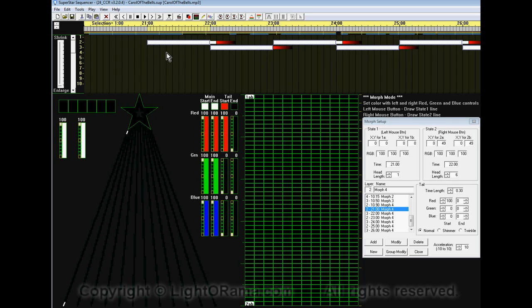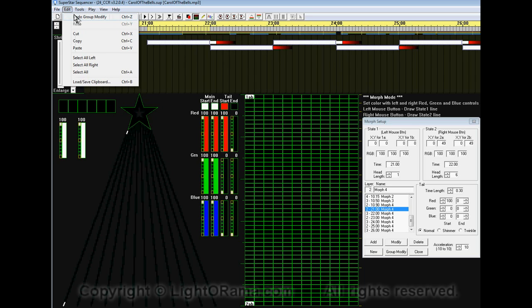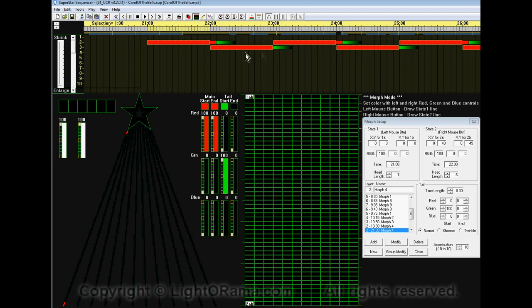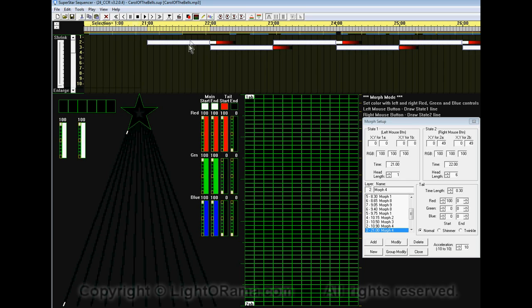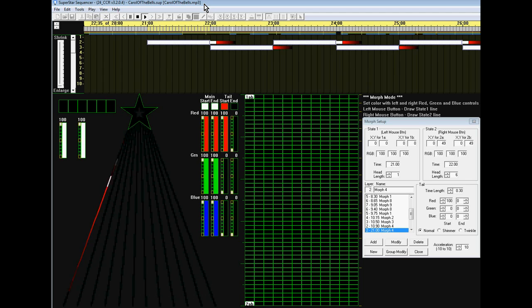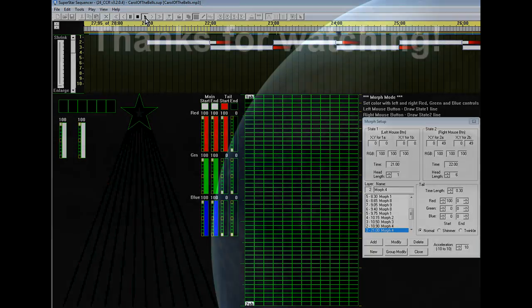And one other thing I wanted to show is that if you do make a mistake, there is an undo feature. I can click on the edit button and it says undo group modify. So now it went back to how I had it before that. And then if you say, oh nope, I want to redo that, you can click on edit, and there's an option to redo the group modify. If I do redo group modify, I'm back to where I was. So that can be very handy. If you make a mistake, you can undo and redo. And that's everything I wanted to show